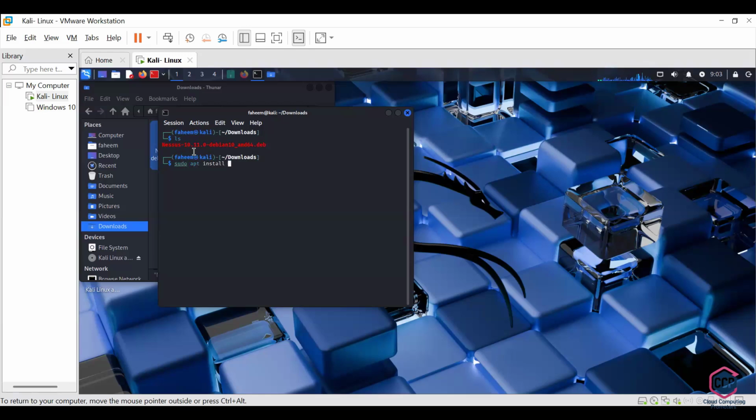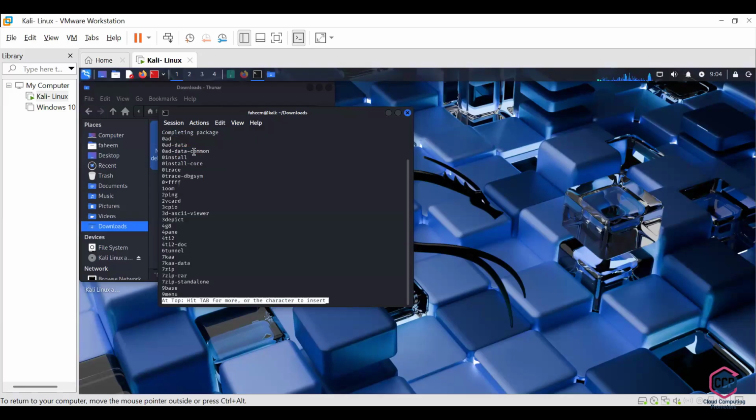Now install, and there is a tab. Go back. Click enter.